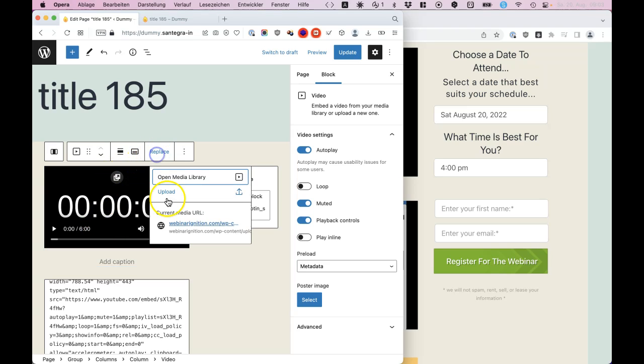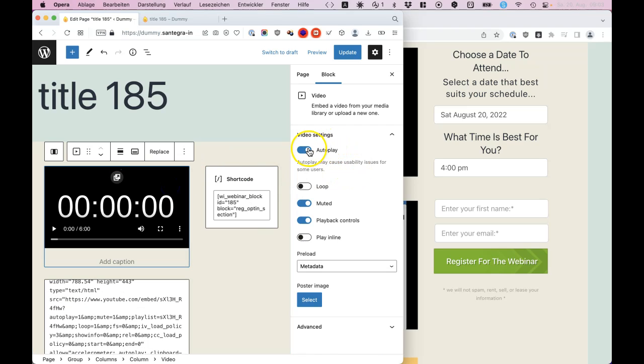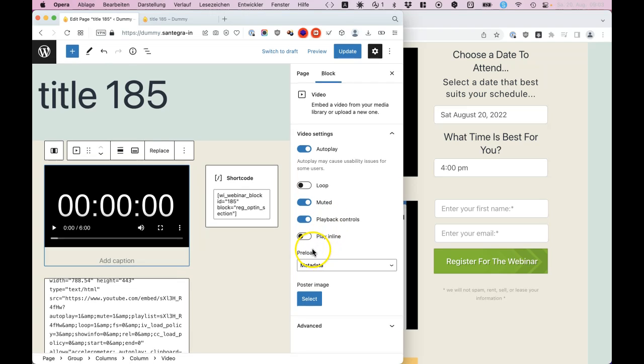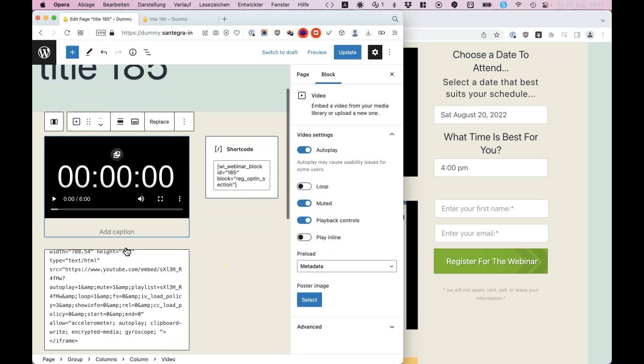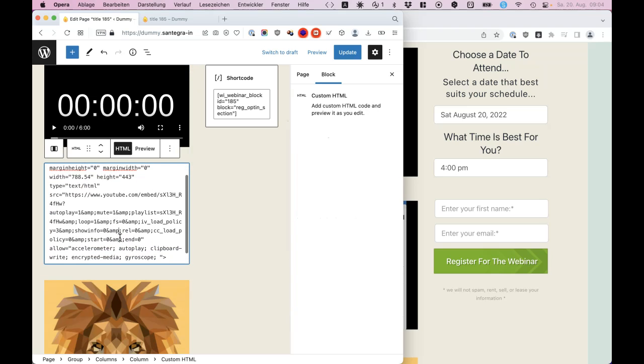That's just a video file uploaded to my server. And here we can do autoplay, and it's only working or autoplaying when it's muted. And if it is muted, we need the playback controls to unmute it. Okay, that's number 1. Number 2 is this wonderful code where we added autoplay 1, mute 1, and then we